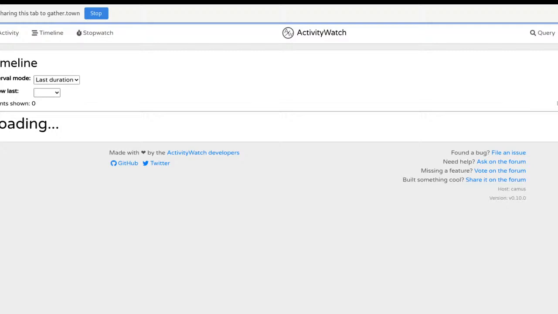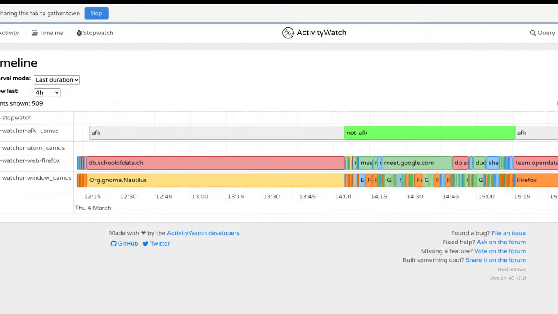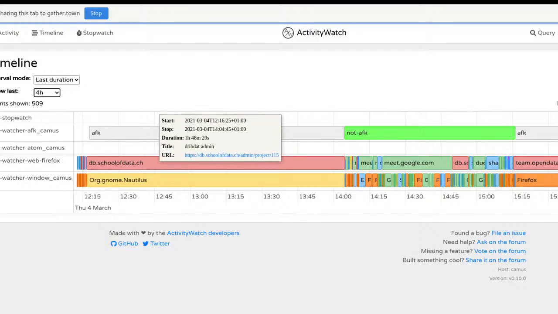So this is the program I'm talking about. It's called Activity Watch. You can find it on GitHub, github.com/activitywatch. They have a Twitter account, and here I can say the last, for example, 30 minutes or last 4 hours. Maybe that's not too much data. So here is like